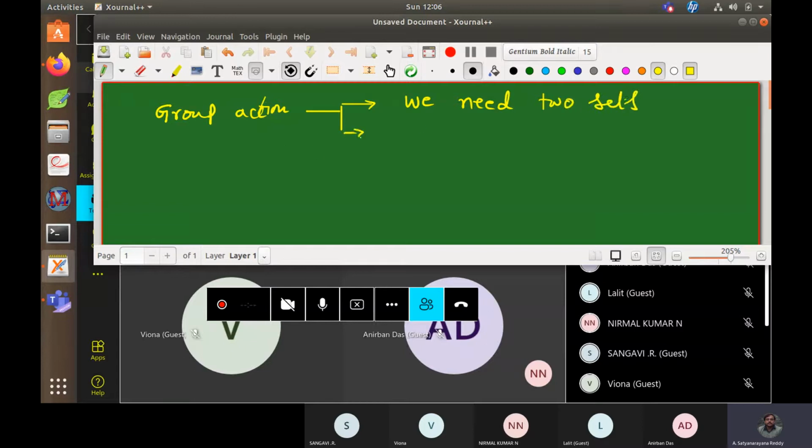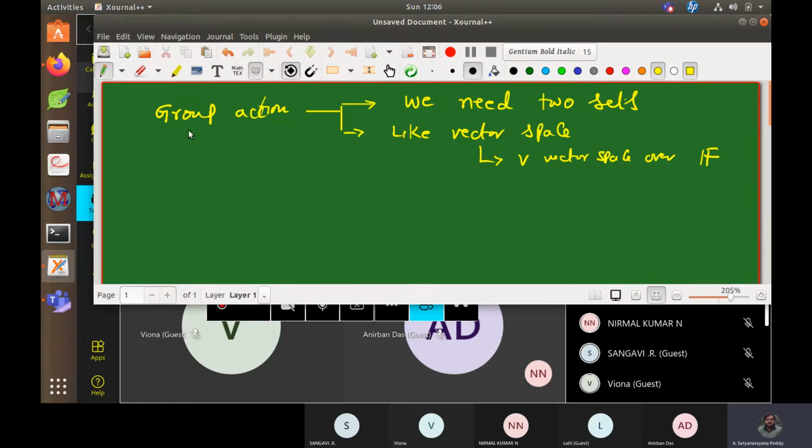So it is like a vector space. A vector space also needs two sets, right? V is a vector space over a field F, right? So like that, here also we need two sets. So what are the two sets we require? One of them is G, the other is a set X, okay, where